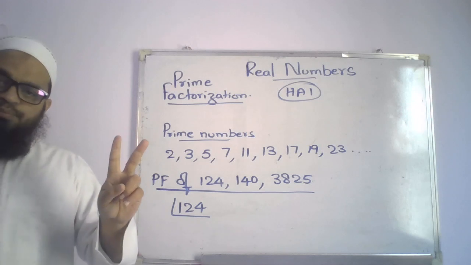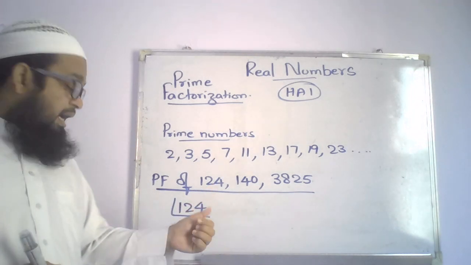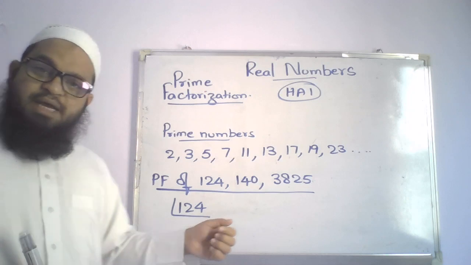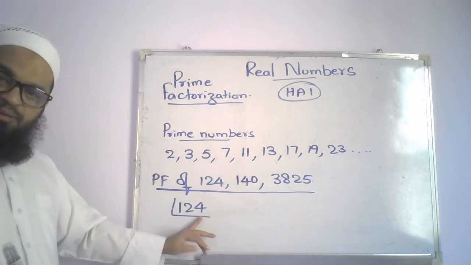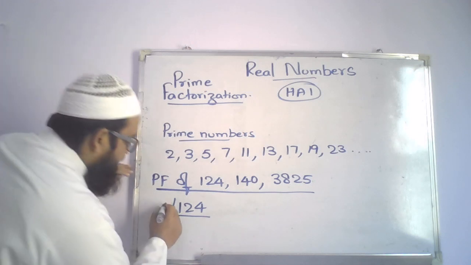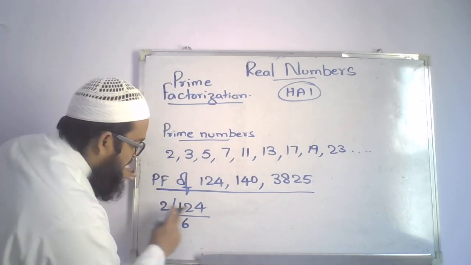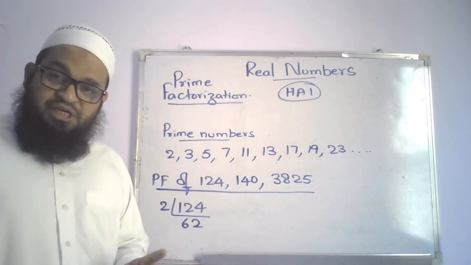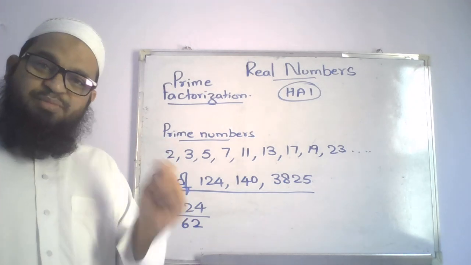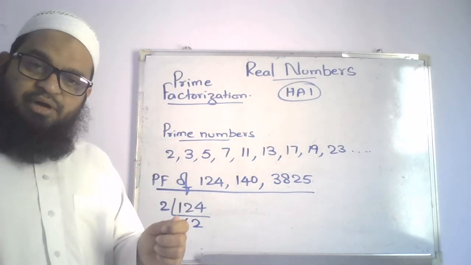डिविजिबिलिटी रूल ऑफ 2, आखिरी डिजिट क्या रहना चाहिए, 0 2 4 6 8. यहाँ 4 है, so that means it is divisible by 2. 2 how many times here, 2 12 में 6 times and 2 4 में 2 times. अगर किसी को डिवीजन नहीं आता है तो जस्ट मैसेज मी, आई विल एक्सप्लेन यू इन अ डिफरेंट वीडियो रिगार्डिंग